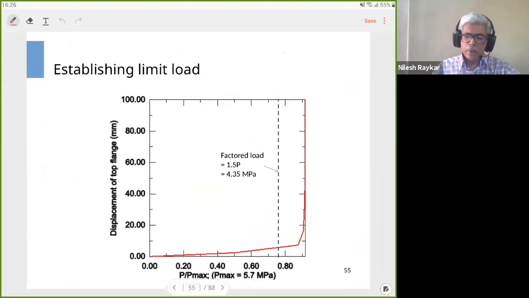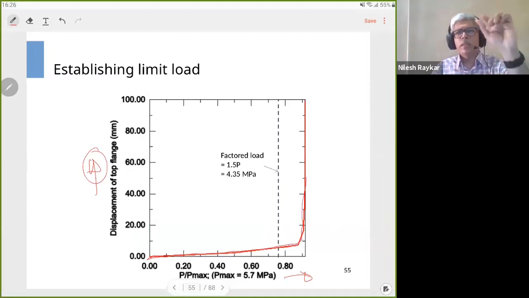And you have to keep on increasing your load. So the horizontal axis here, the x-axis, is the load axis, and the y-axis is to check how your structure is behaving. You choose any point on the structure and track its displacement. Initially the displacement will grow linearly, and after some time, when the entire cross section of the material goes into the yield zone, you will find that the displacement will start growing rapidly, and at one point the program will throw an error saying that it cannot converge.